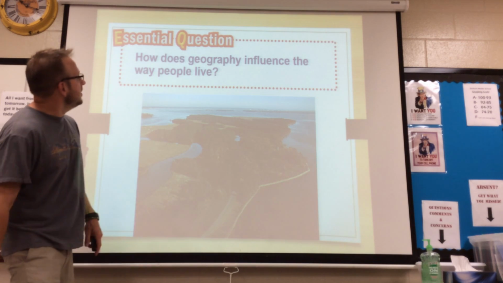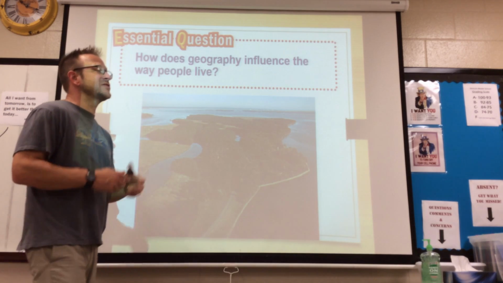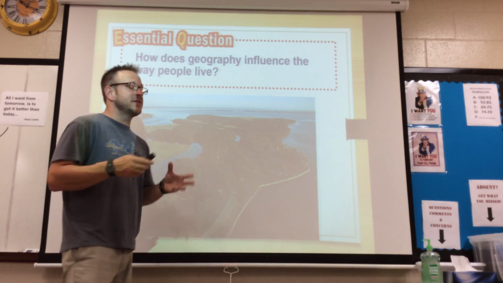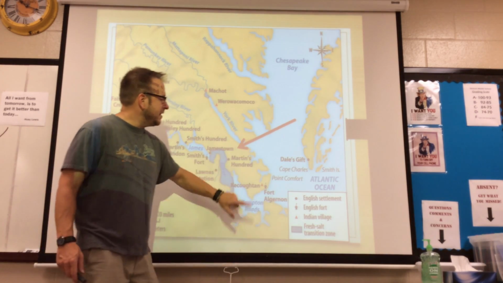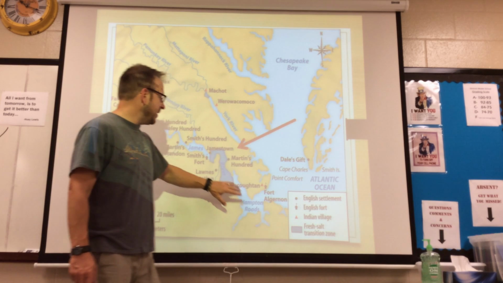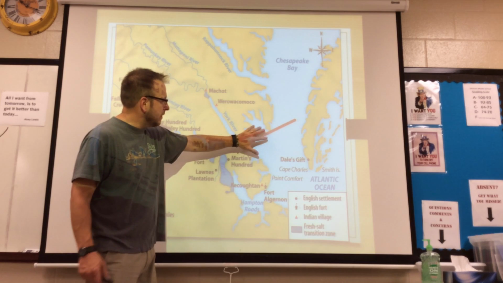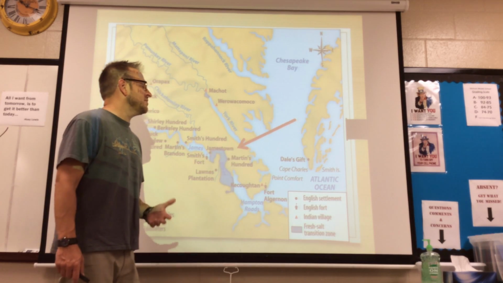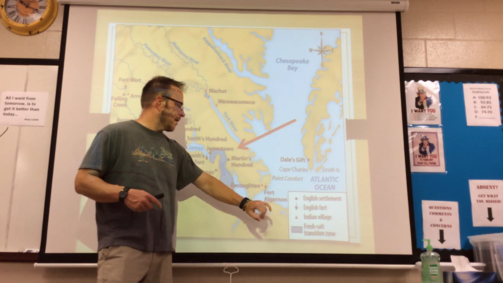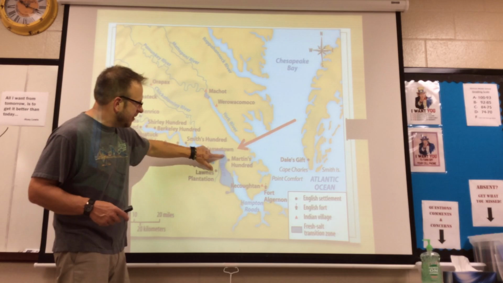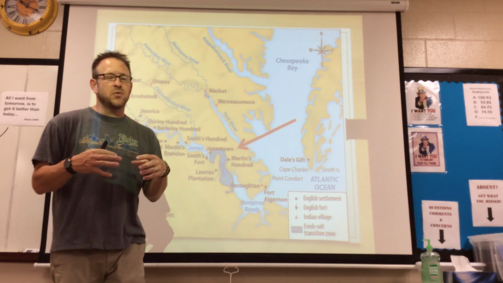Now, how does geography influence the way people live? For Jamestown, geography influenced where they were and the lives that they led afterwards. We'll talk about that when we show the map. Now, Jamestown, when they came in, they could have settled in any of these areas. They picked the James River to come into. Life would have been a lot harder if they had settled in these other areas, for the pure and simple reason that you need fresh water to live. This is the Atlantic Ocean, salt water. So they came up the James River. This clouded area you see here would have been pretty much the area of brackish water, where the salt water and fresh water mixed together.